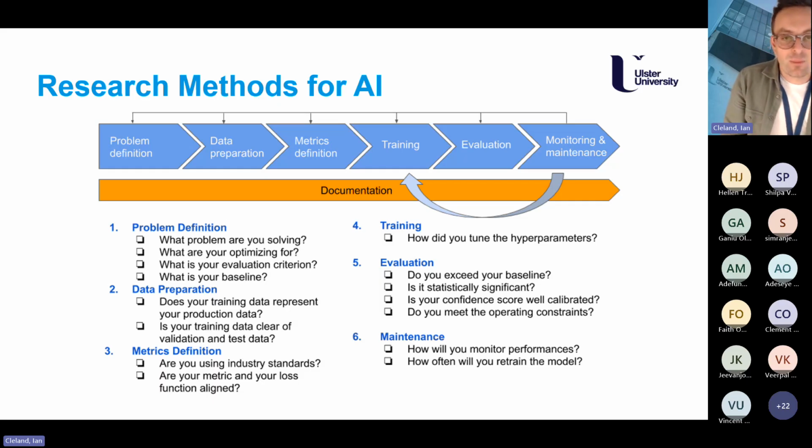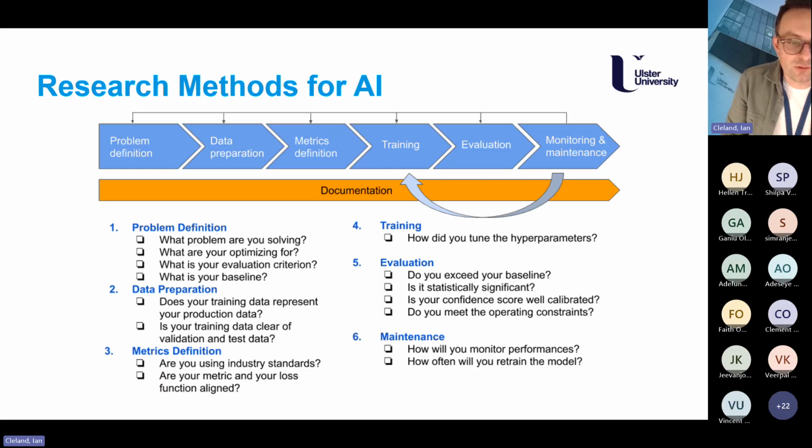So maybe again, if we use the example of the image classification for skin disease, maybe other people have tried to use this data set before. What techniques have they used? We can use those techniques maybe as a baseline, and then we can try to implement our own techniques and see how they compare to whatever's in the literature. So you can see the different questions that you might be able to ask.